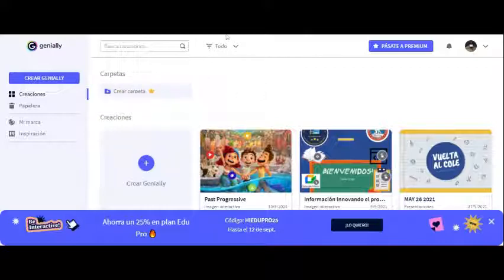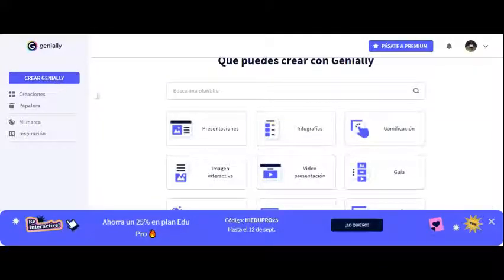First, you just have to look on Google and you find Genially, because this is the tool that I used. And then you can sign up with your email address, and that is going to be easier for you. You can go here or here to create your interactive image. So here you are just going to create one. It is going to allow you to upload one of your favorite